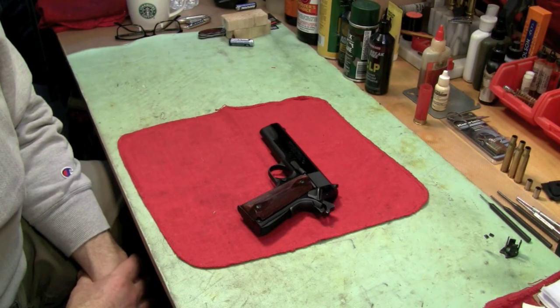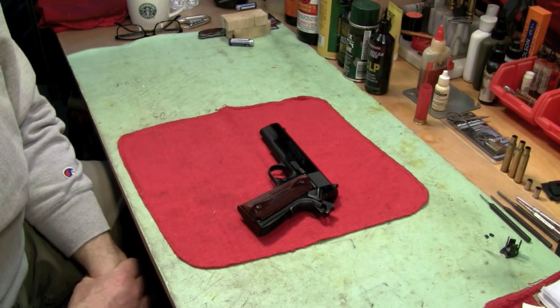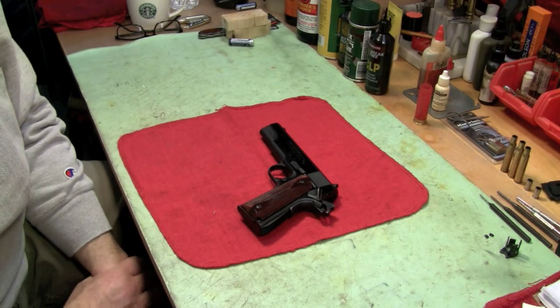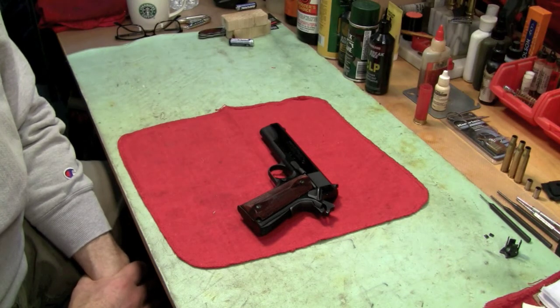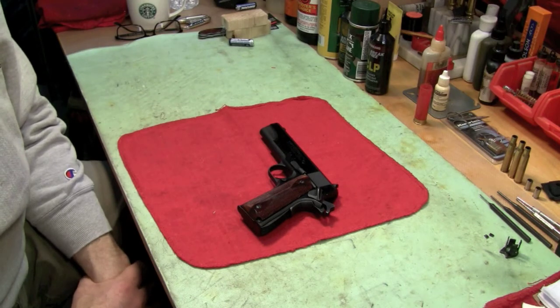And I think those are the things to really think about when you're preparing for a match, for any kind of action pistol. And I would strongly urge you, if you are interested in using a pistol for defense, to seriously think about getting involved in one of the action pistol sports like IDPA, USPSA, GSSF,